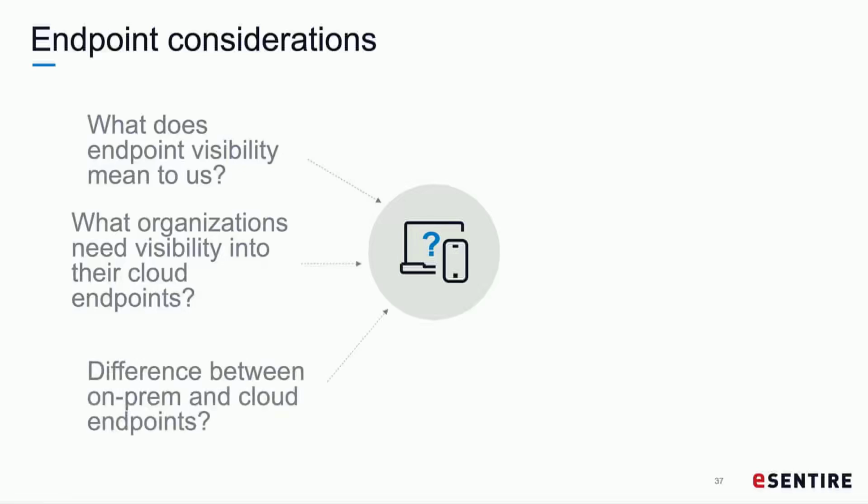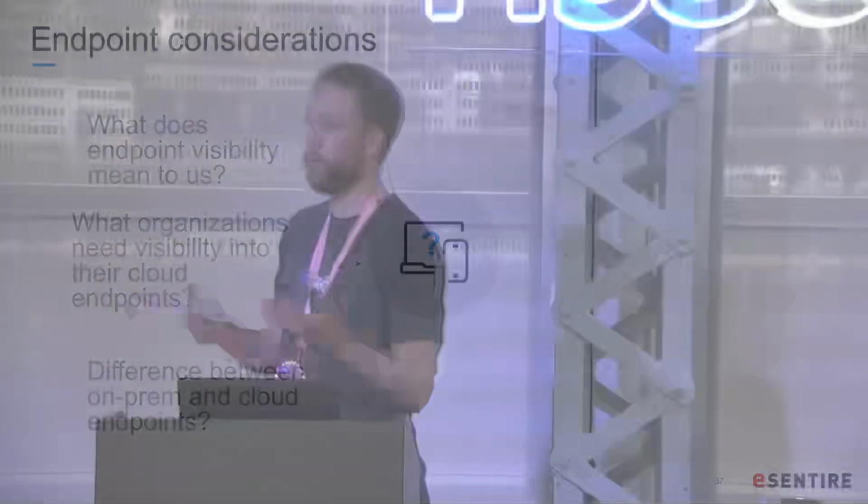So what's the difference between on-prem and these cloud endpoints that we're talking about? There's nothing. They're just virtual machines running in another spot. The thing is that there's more inherent security because it's deployed generally in a zero trust model. But when people are forklifting applications and servers from their on-prem environment into the cloud, we come into the same problem where they can talk to each other. There is not that inherent security anymore. So we have to have visibility into what's actually executing and know what's happening on those endpoints.